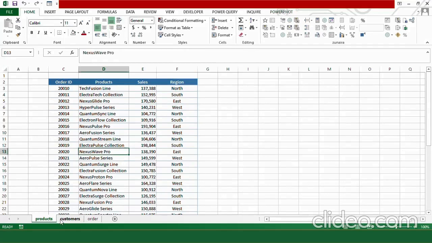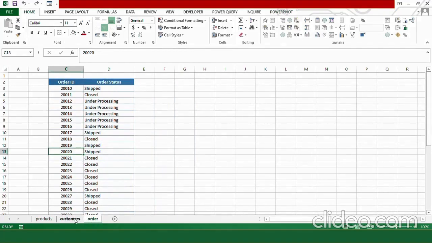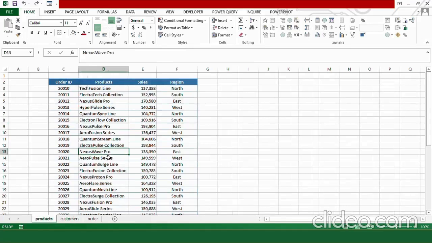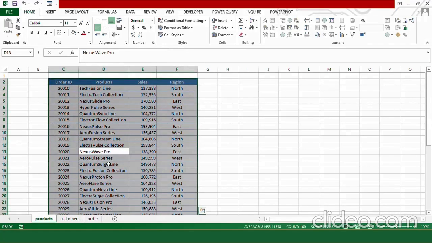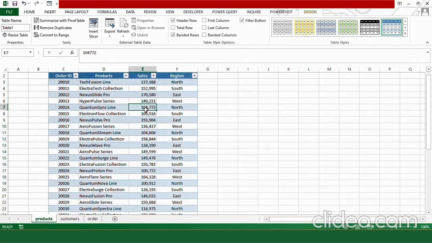Here you can see I have three different sheets and I want to create a big pivot table containing information about all these header fields that exist in these three sheets. So let's first convert our data into Excel tables quickly. Let's begin with the first sheet. Place your cursor on any text-filled cell, press Ctrl A and then press Ctrl T, click OK, and let's rename this table as Products